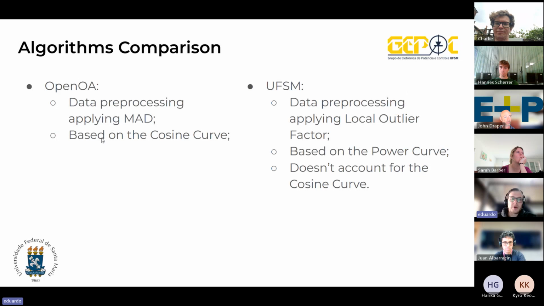Basically, OpenOA processes the data applying MAD. It's based on the cosine curve. And the UFSM R&D algorithm is processed using local outlier factor. It's based on the power curve and does not account for the cosine curve.